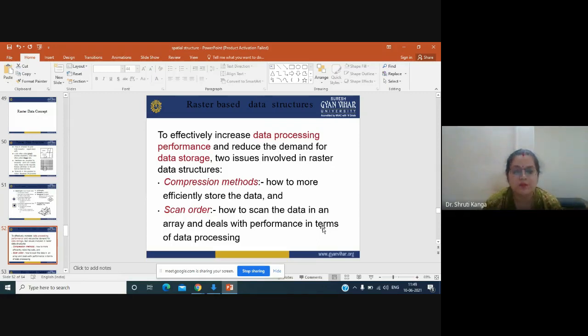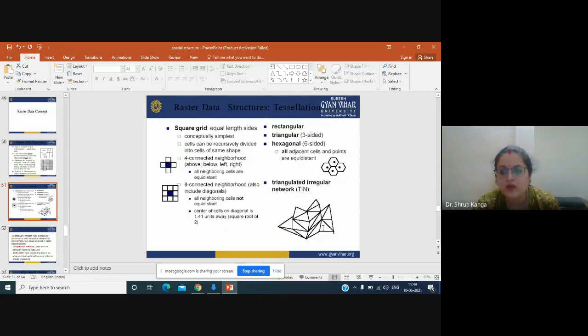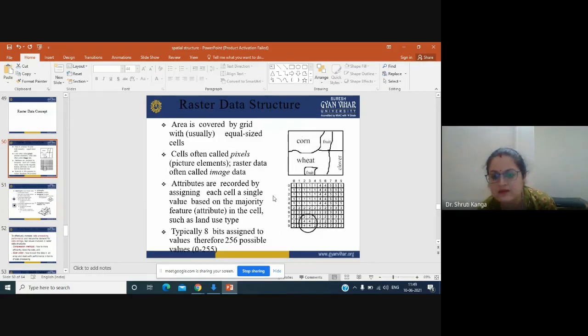One is the compression method, that is, how to store the data in an efficient manner so that the lowest space is used. The second thing is scan order. So in two ways we can store the data set: one based on compression methods, and the second on scan data order.